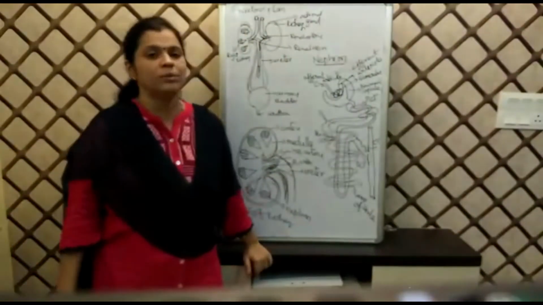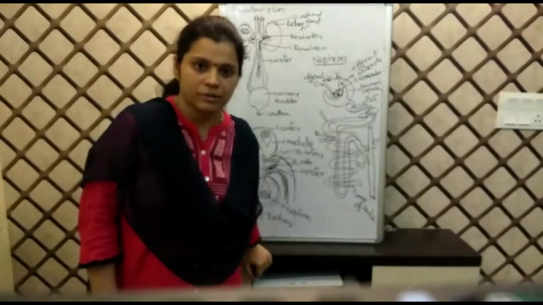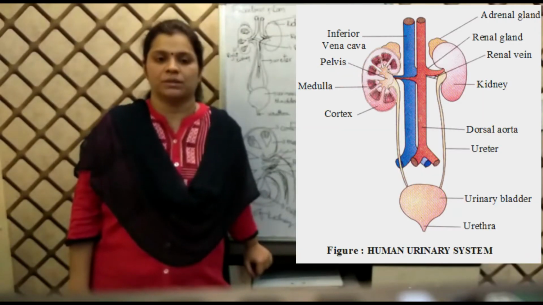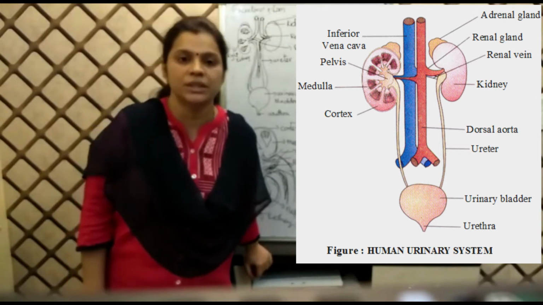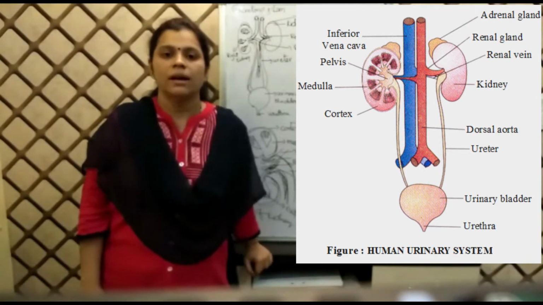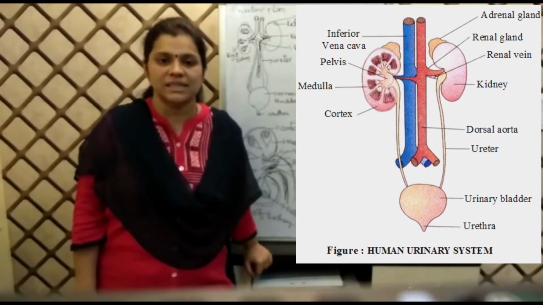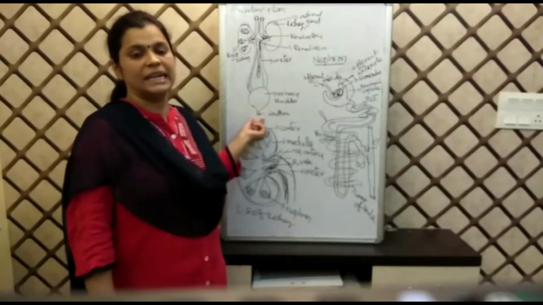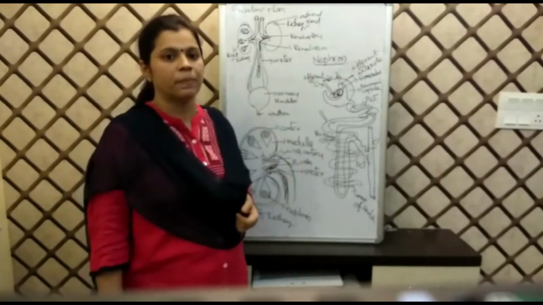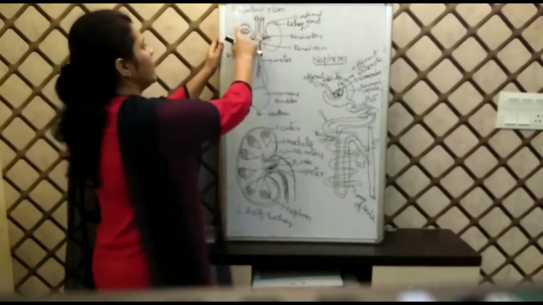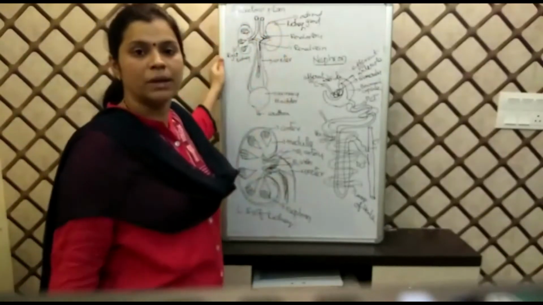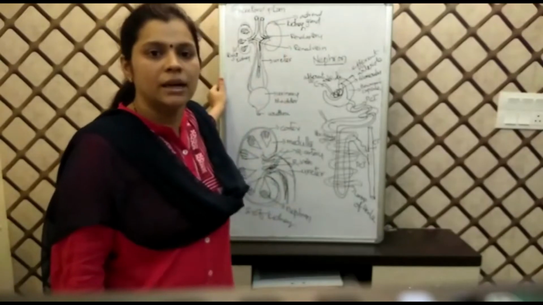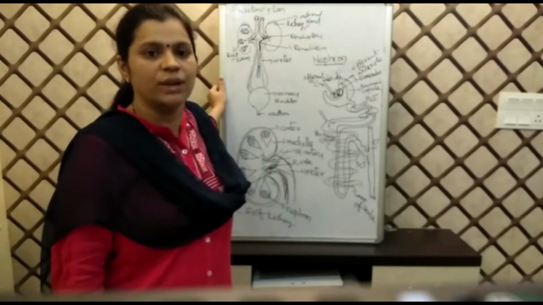The excretory system in human beings consists of a pair of bean-shaped structures called kidneys, a pair of tubes coming out from each kidney called ureters, a bag or sac-like structure called the bladder, and an opening for excreting the urine called the urethra. And above each kidney, we have a cap-like structure called the adrenal gland, which produces certain hormones that are very important for various metabolic activities.